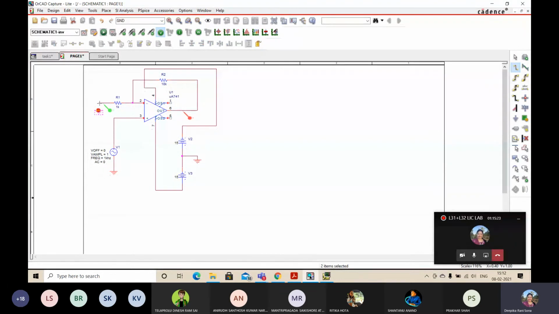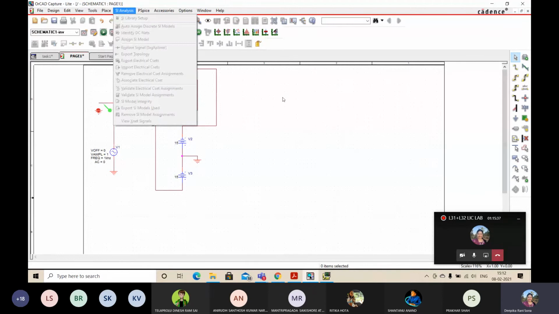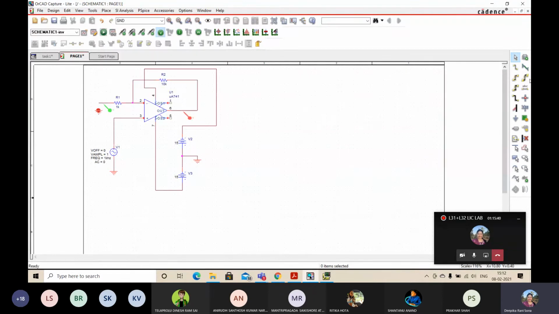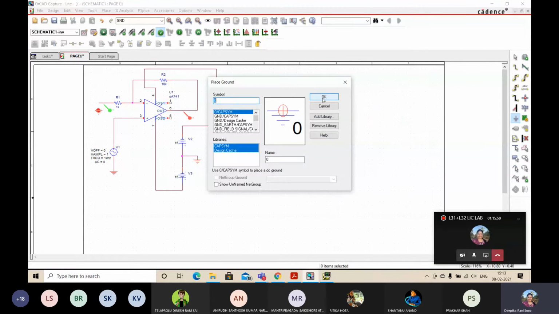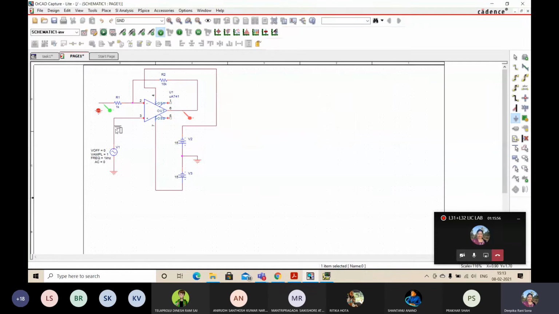Prakhar, one minute. You are connecting the wrong ground. That's why. I told you, some specific ground is there. On the left hand side, grounds are there, no? Here, right hand side you come. That wire ground symbol is there. Where is the ground symbol? Yeah, click that. This one you have to select always, 0/capsim. Now connect this ground everywhere. Then only you can run it. Yes, ma'am, I will try and let you know.